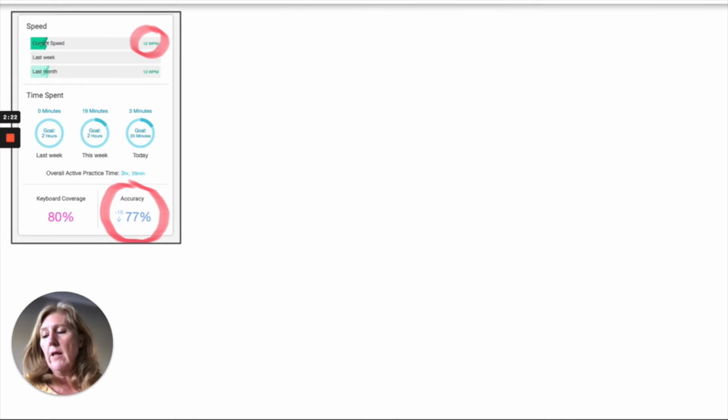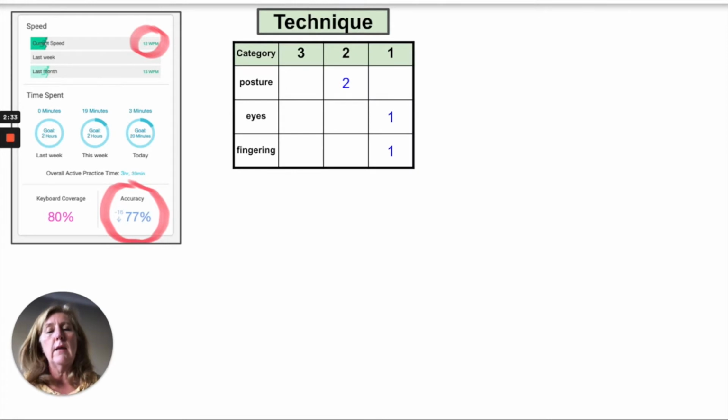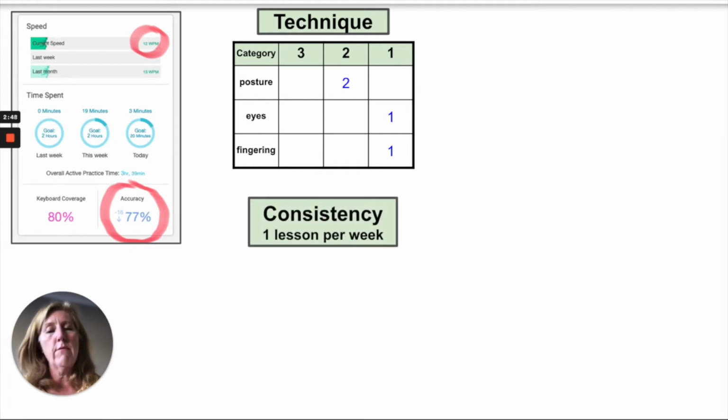To check your child's technique, either go by your own observations and what you see at home when they're keyboarding, or if it's after a benchmark or an assessment at the end of the quarter, the keyboarding advisor will upload on Schoology this rubric about their technique, 3 being the best, 1 needing the most support. You can also talk to your child or go on to Typing Club to see how often they are doing